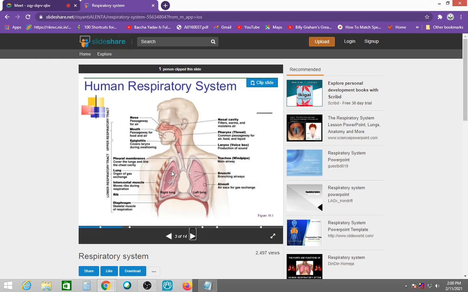From the bronchus there will be bronchioles, segmental bronchioles they call them. According to the lobar, first lobar, because how many lobes does the right lung have? 3 lobes, and the left lung has 2 lobes. So according to that, it will divide: main bronchus, then lobar, then segmental, then terminal bronchiole, then respiratory bronchiole, and the respiratory bronchiole will be very close to the alveoli. And this is the diaphragm. The diaphragm is a very big, strong muscle which plays a very important role in respiration. So this is basically how the respiratory system is arranged.